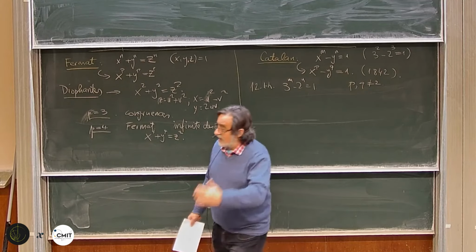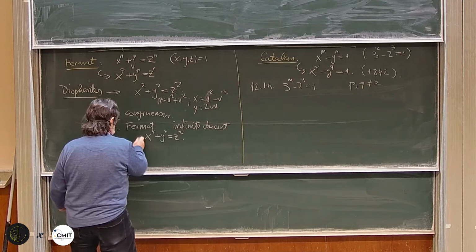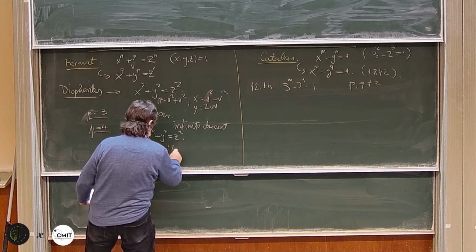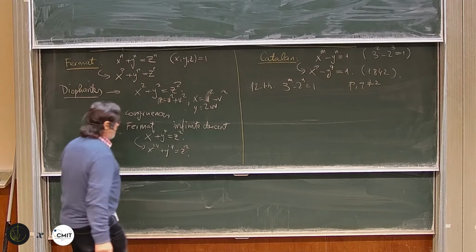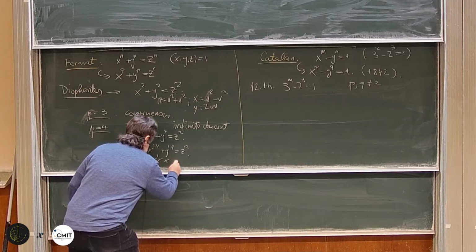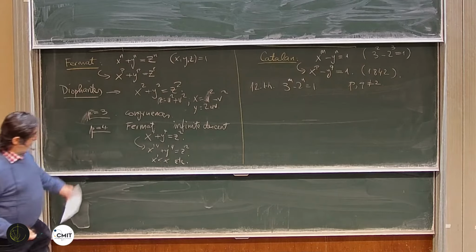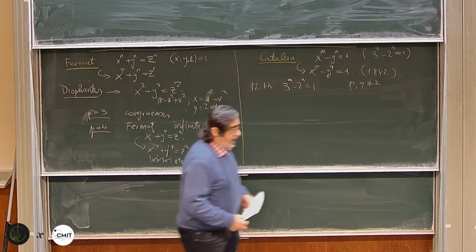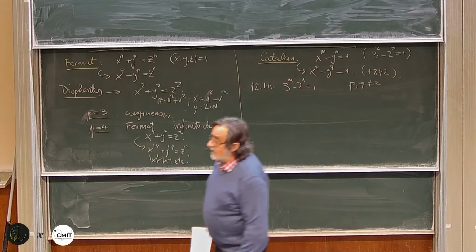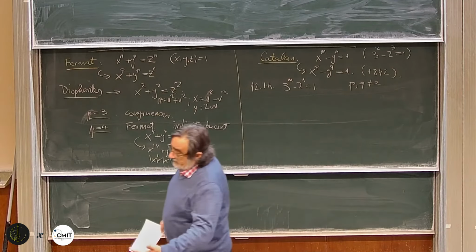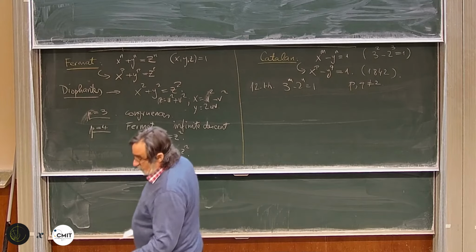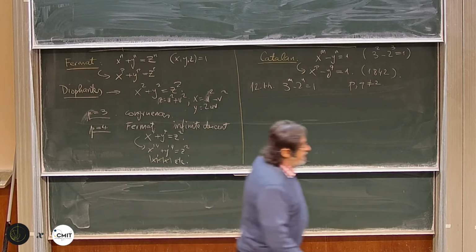So if you have a solution for this equation, you have a solution x prime to the fourth plus y prime to the fourth equals z prime squared, and x prime is less than x, and so forth in absolute value. You see, so these are descending solutions, and for every solution you find a smaller solution, and of course, since you are in the realm of integer numbers, this process must stop somewhere with a contradiction. So that was the infinite descent,